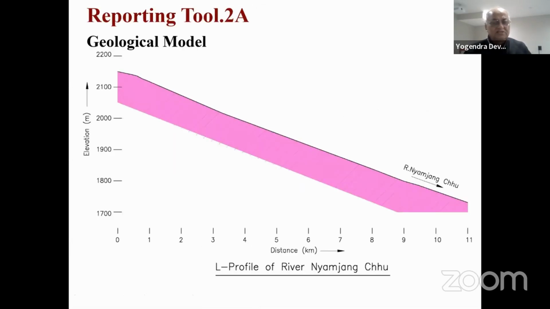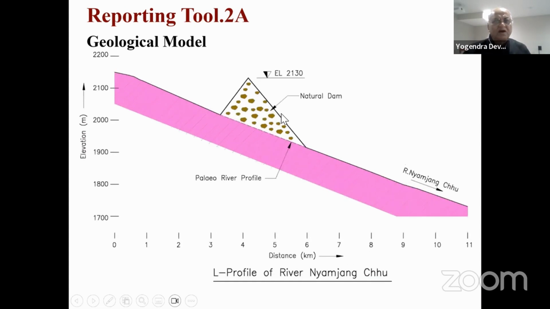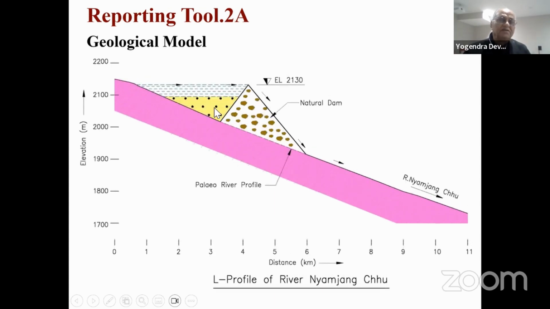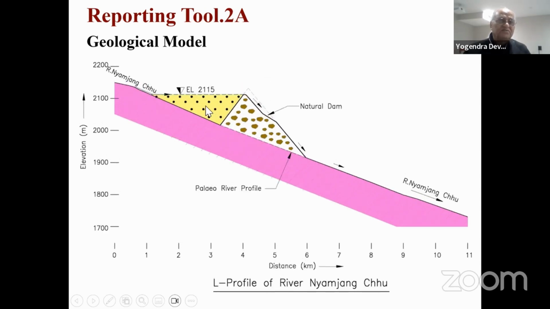Likewise, geological models, it is a project. I was talking about a buried valley. You can see that a geological model can show that this is the original river. This is how the natural dam came into being. After natural damming, the water filled up. After the water filling up, sediments started depositing here. Then afterward, the sediments filled it up. The river now flows at this particular level, falls over this. This is what you could see in the photograph I shared earlier.